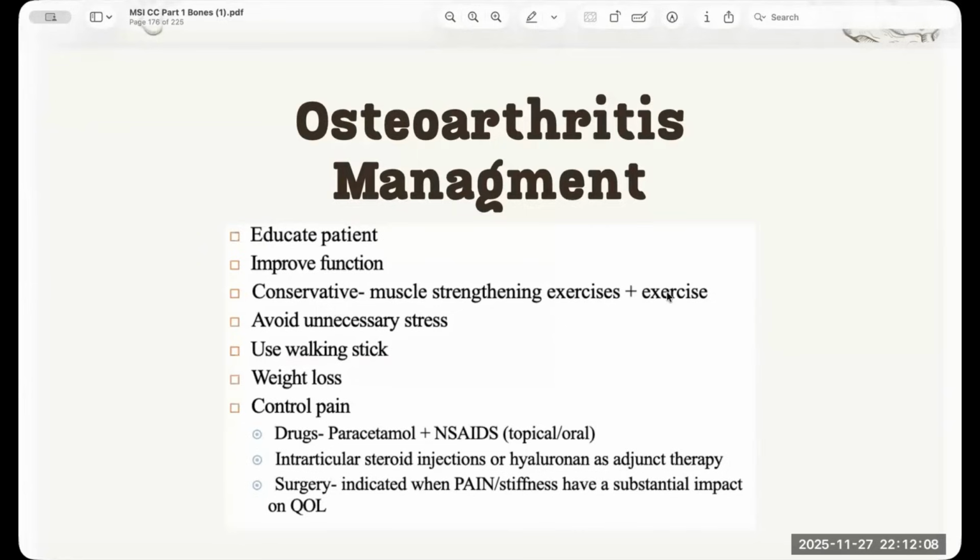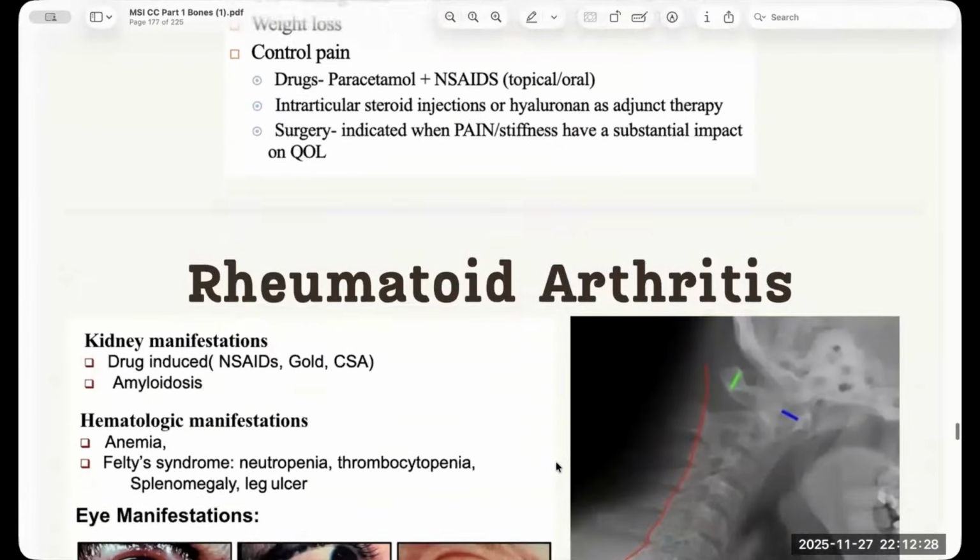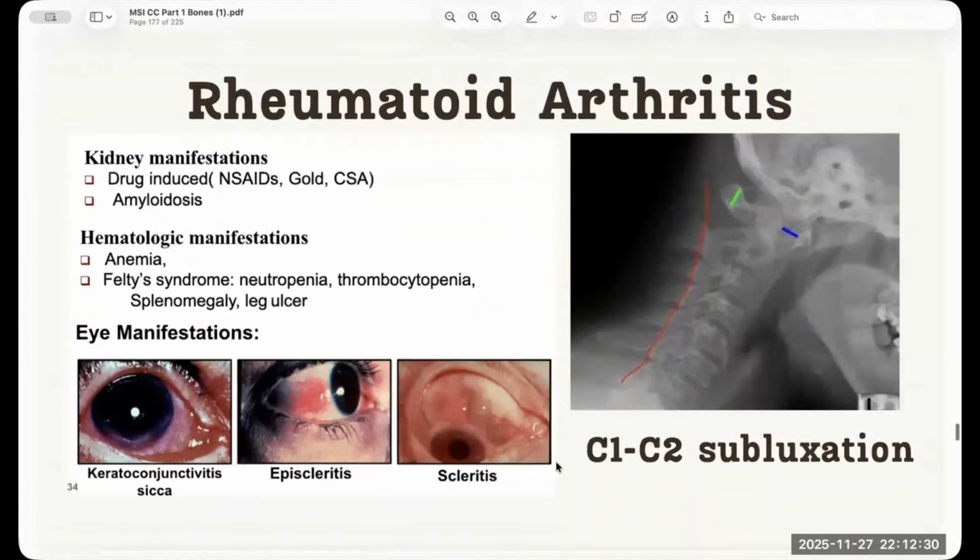There is conservative management such as exercises to strengthen the muscles around the joint, and we advise them to avoid unnecessary stress, use a walking stick, weight loss, and control pain by NSAIDs, painkillers, steroid injections, or for rheumatoid arthritis, other